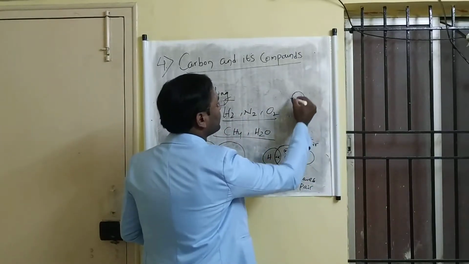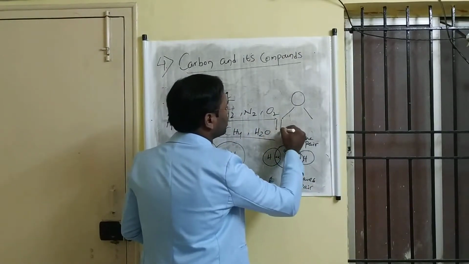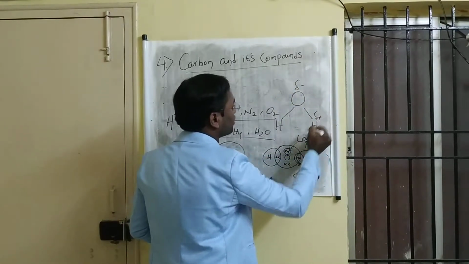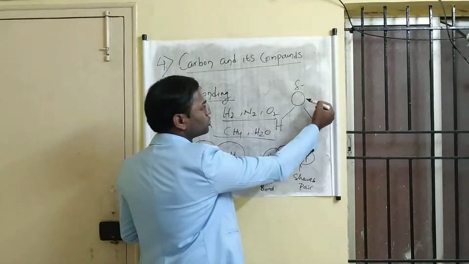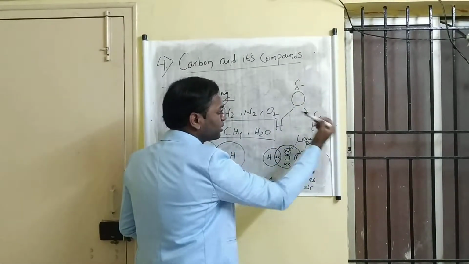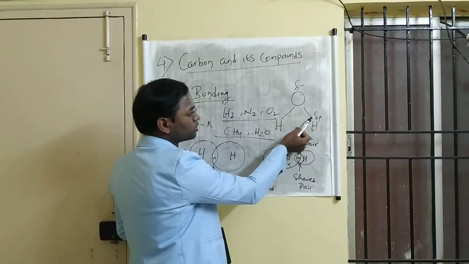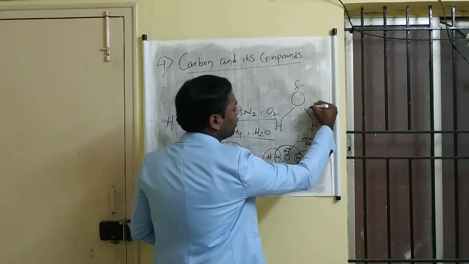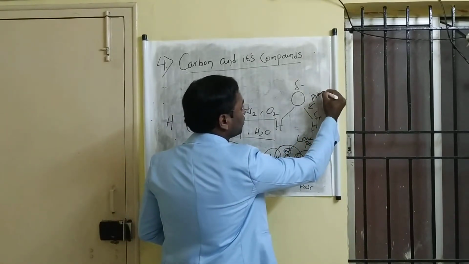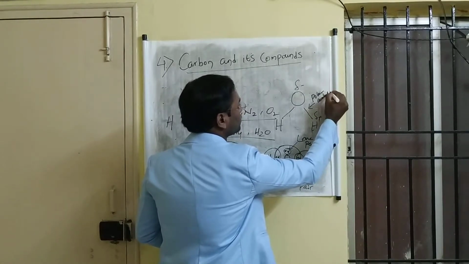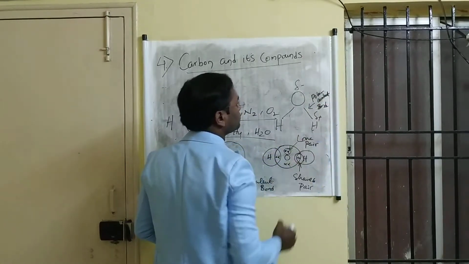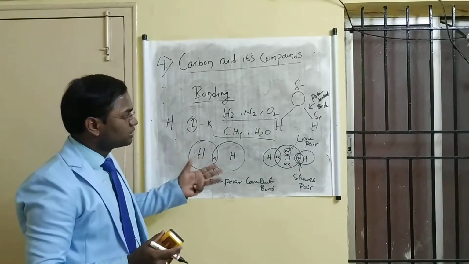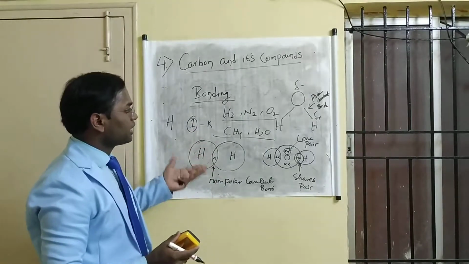But when the bonding happens between oxygen and the hydrogens, oxygen gets a slightly negative charge, delta negative, and hydrogen gets a delta positive. Because oxygen is more electronegative as compared to hydrogen, it will try to pull the electron slightly towards the oxygen. And because of that, this bond is called a polar covalent bond. So this is all about the bonding part, how it happens in covalent compounds, or carbon and